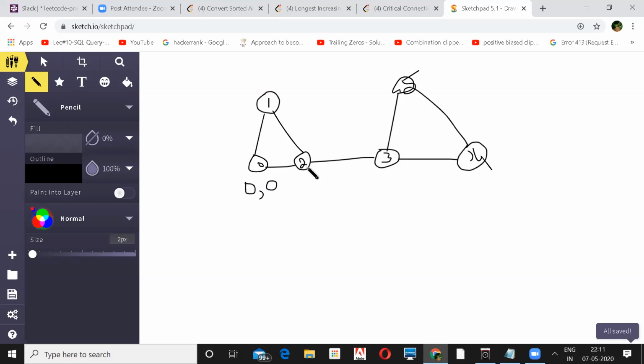Then we'll proceed to 2. This is the first node I'm visiting again, and the nearest node is the node itself, so you will give it a time of 1.